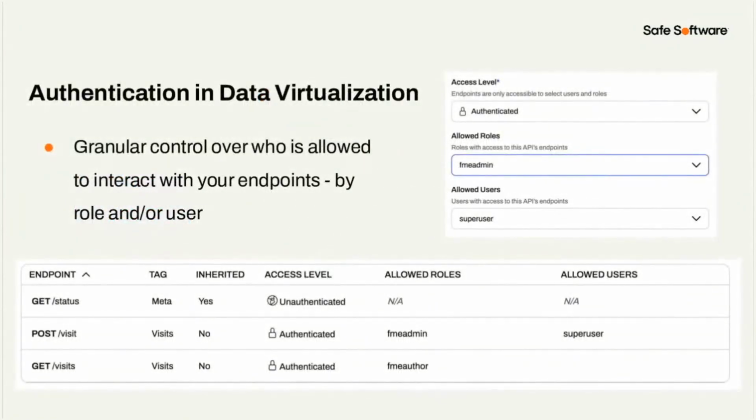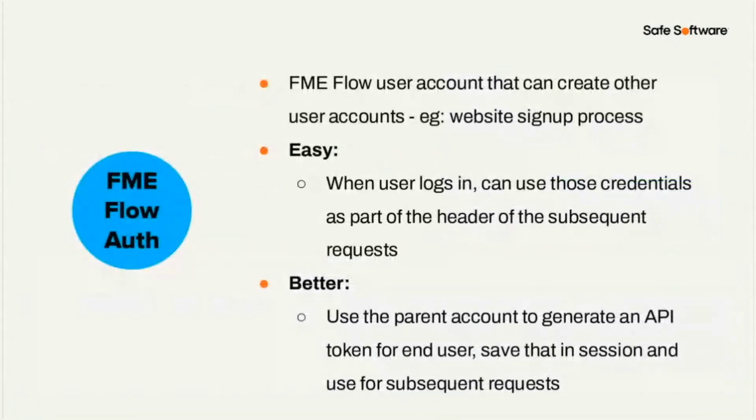And so authentication in data virtualization is quite simple. At the endpoint level or even at your entire project level, you can control who is allowed to interact with your endpoints. You can see in the screen grab here, the endpoints that have authenticated or unauthenticated access, and then which user roles or which users are allowed to access these endpoints. The important piece here is that users and roles have to be maintained and managed for users to be able to access these endpoints, of course. So moving into some additional notes here,